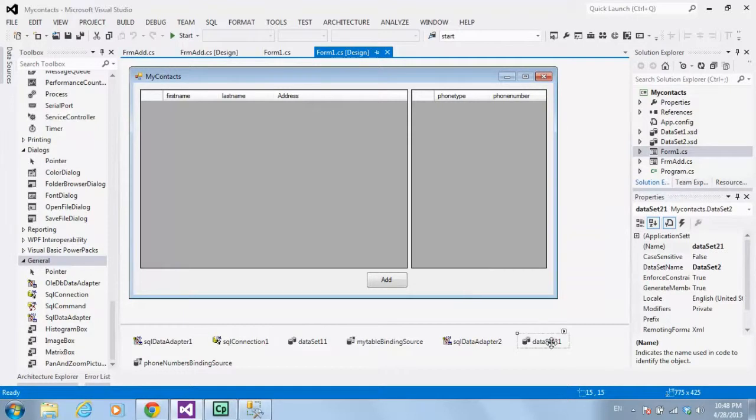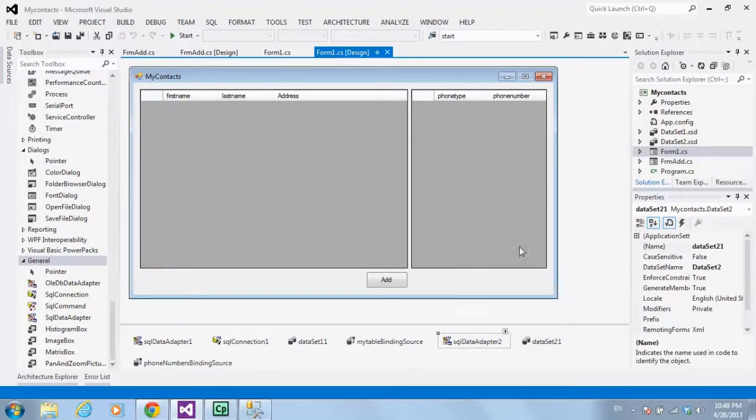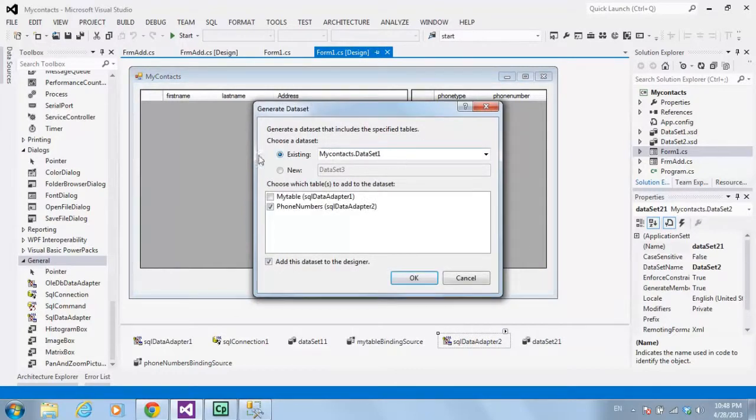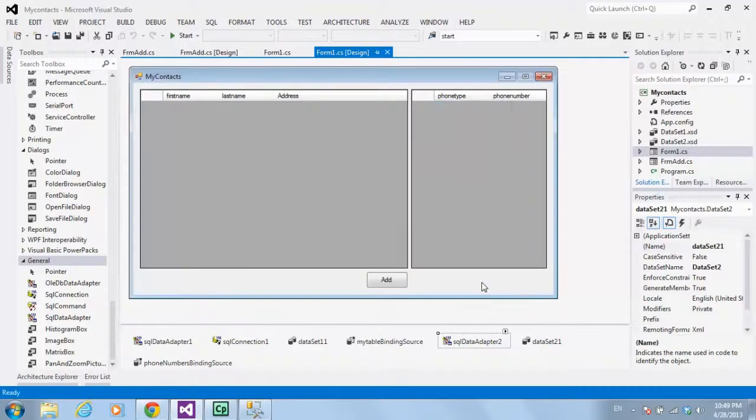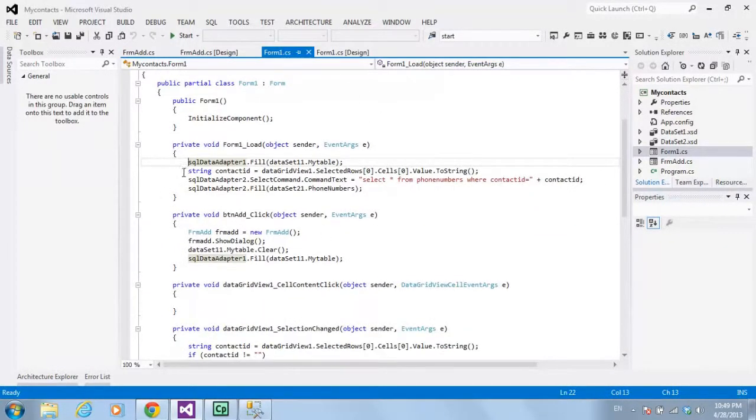But I built another one. You can use the other one. Let's go through it again. Generate data set. I can use the existing one, or I can use a new one. You can select the existing one and add this table to the previous data sets, and it updates that data set to a new class with the new table. So it is fine. Then in the form load, I want to read